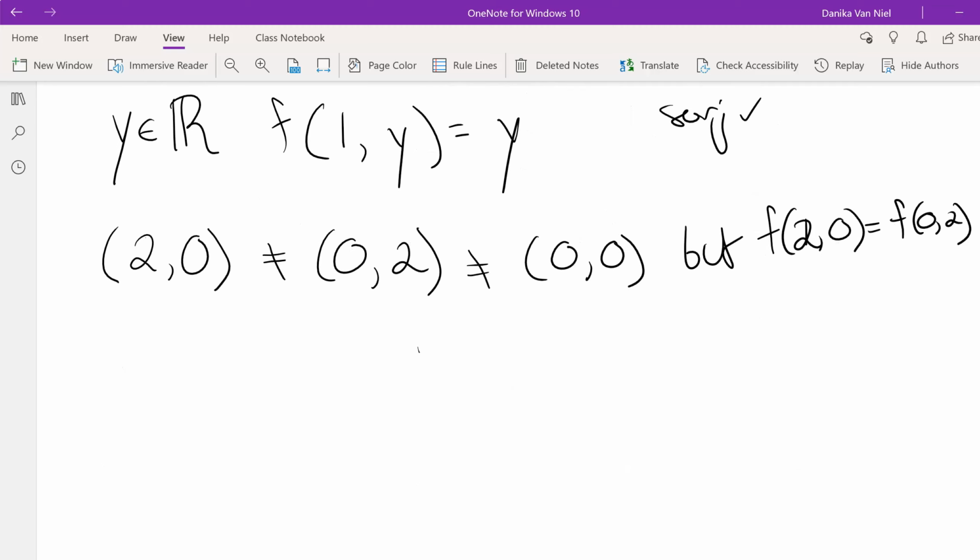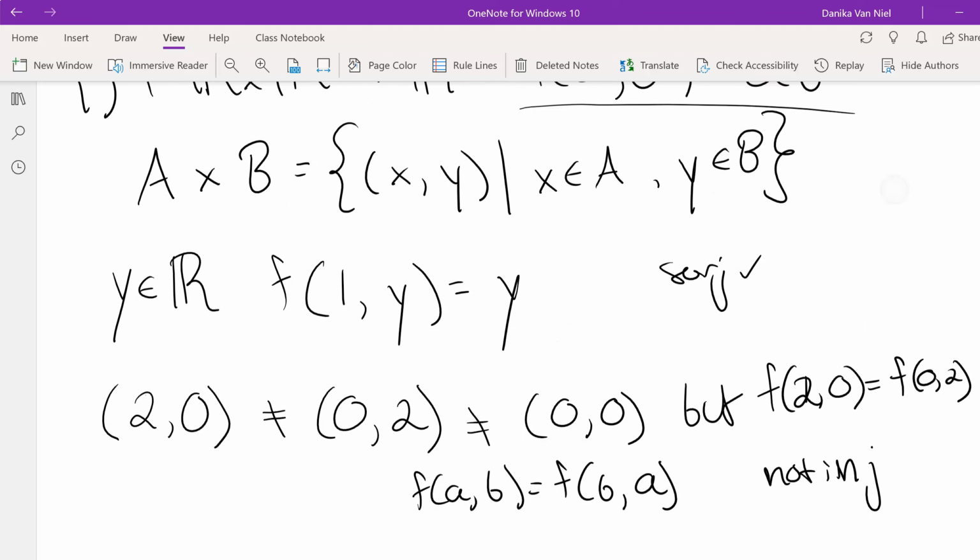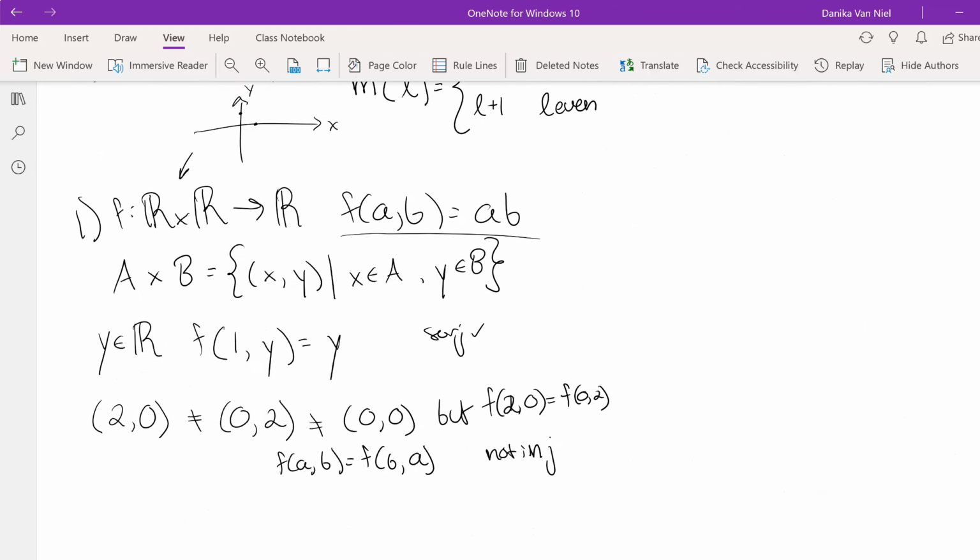In general, f of (a, b) does equal f of (b, a), whether or not those two ordered pairs are equal. It could be that a equals b, which is possible when we have R cross R. So it's not injective, so it can't be bijective,